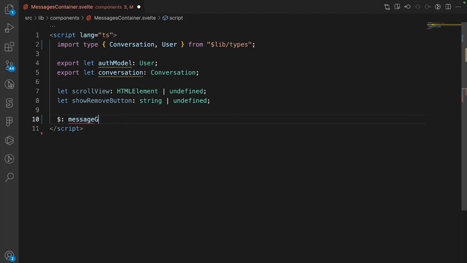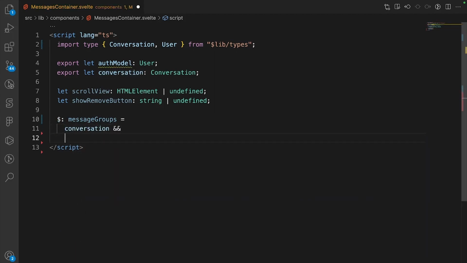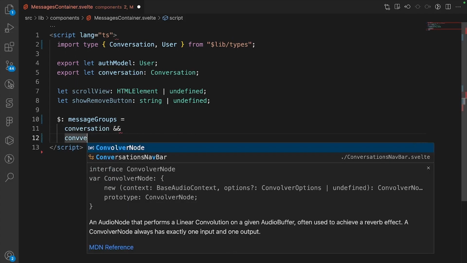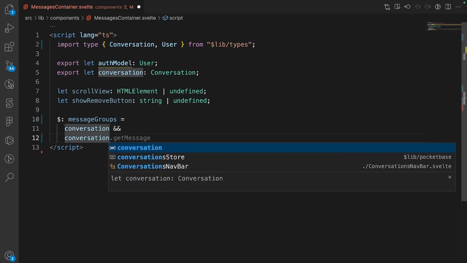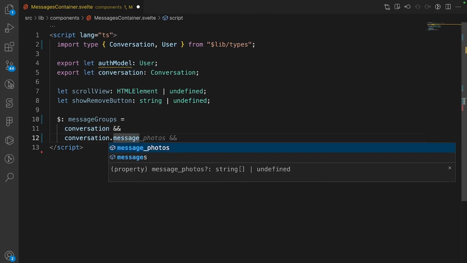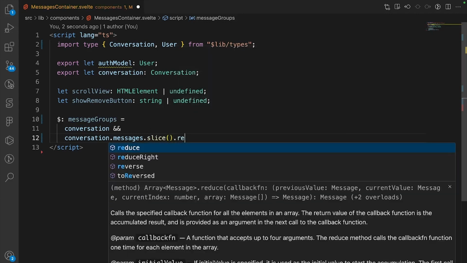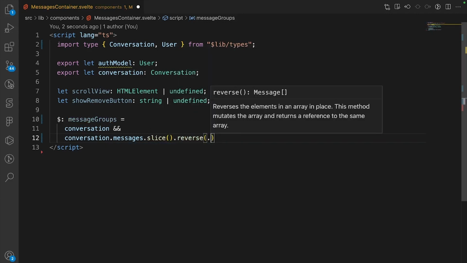Message groups is equal to conversation and. So basically the message groups is just whenever a user sends more than one message at once or following each other, then that's called a message group. So if they send 3 messages back to back, that's a message group. So messages dot slice dot reverse dot